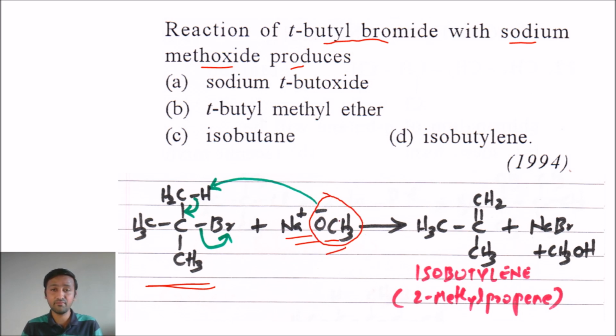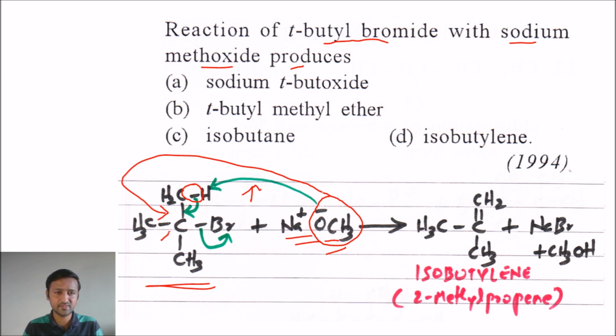As this also has a methyl group present, because of steric hindrance methoxide cannot attack the carbon which contains the halogen, right? Because here we have three bulky methyl groups, and in the nucleophile also there is a methyl, so this is a bulky nucleophile, right? So there is no substitution possible here. So what it does instead, methoxide will abstract a proton as I have shown here. So methoxide abstracts a proton, and as a result the bonding electrons shift between the carbons. So this becomes a double bond.